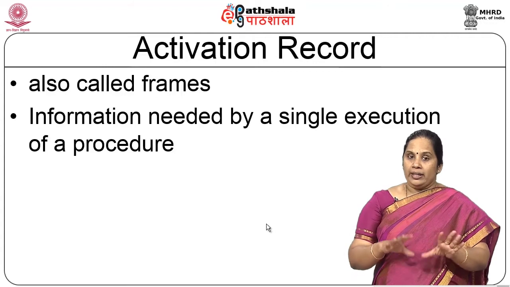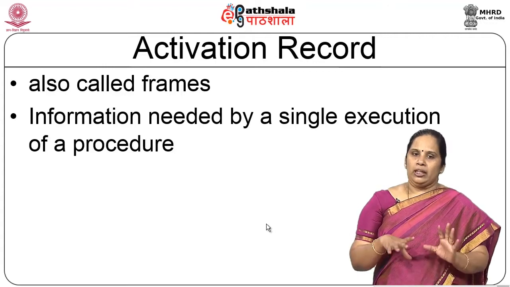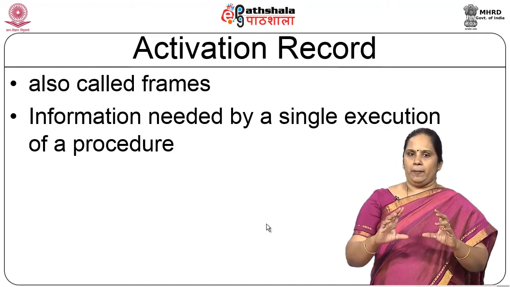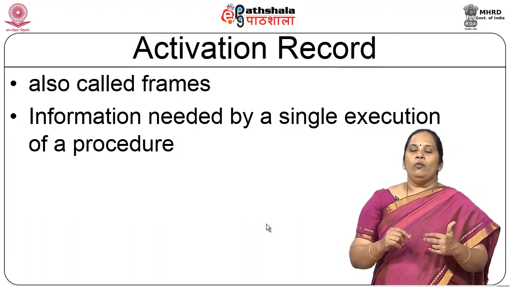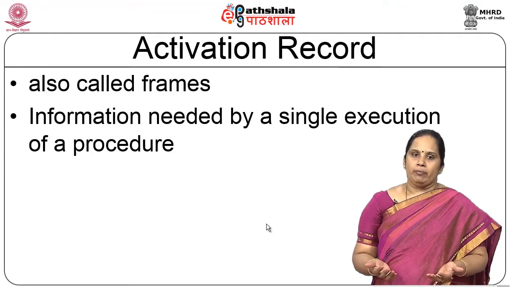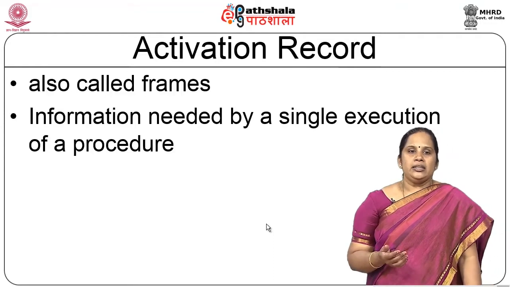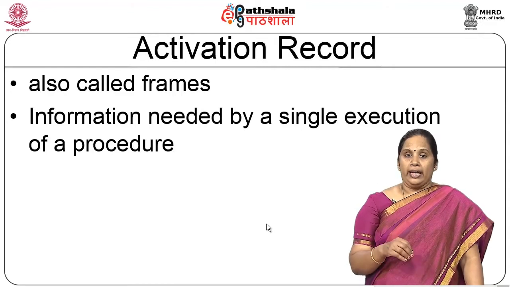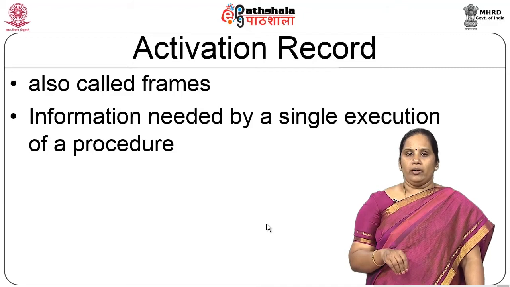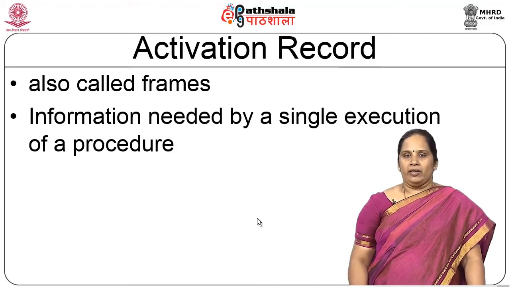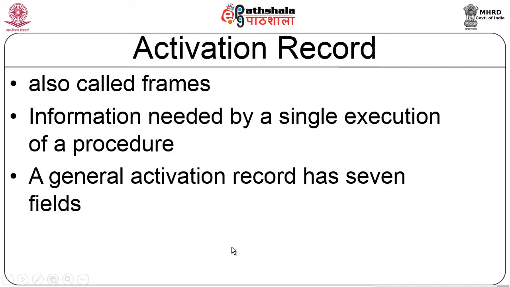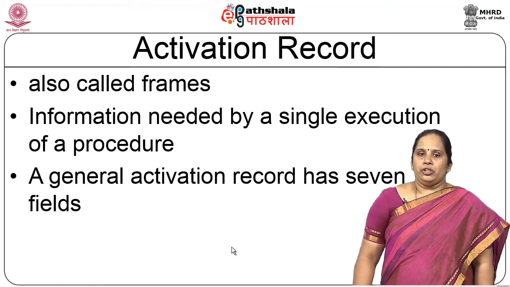In addition to these multiple symbol tables, there is a symbol table for every function. But in addition to that, how do I ensure that the register contents are not messed up? How do I ensure that the registers have only the current data pertaining to the function which is presently executing? For that we are going to use this activation record. It contains all the information necessary for a single execution of a procedure.